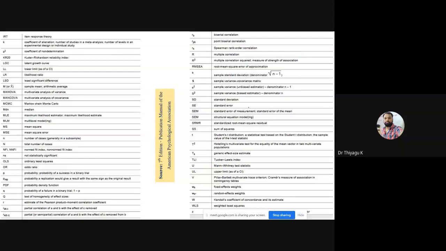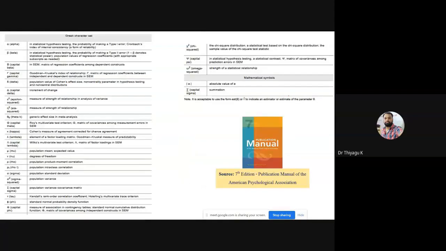I am making the PPT based on the 6th version, but at the end of 2019 the 7th edition schemes came, that's why I had to upgrade my PPT. This PPT was made just last night. So these are the new things I'm adding, just to look at. We could not stay out of the old APA format for the current scenario. We had to go with the 7th edition one. So this many abbreviations are there. You have to look at this.